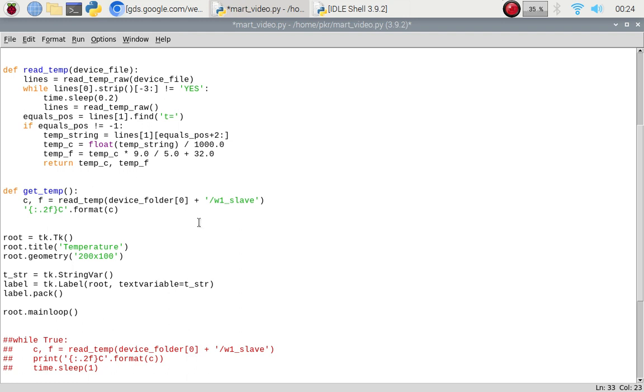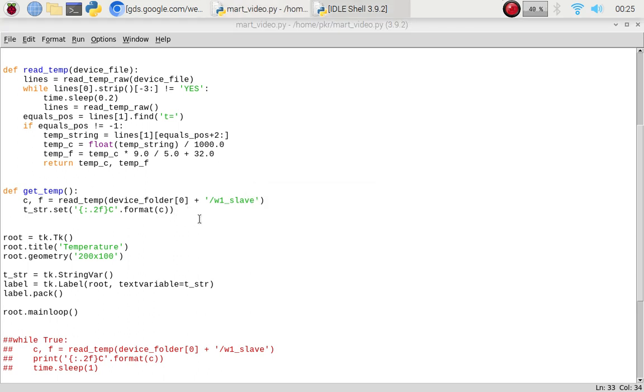But what we want to do is, whoops, too far. So we've created that T_string for the string variable, so we need to set that. So T_string.set, and then parentheses, and at the end, I'm working with a different keyboard and the buttons are all over. So that will set that function. So that should do that. If I run that,